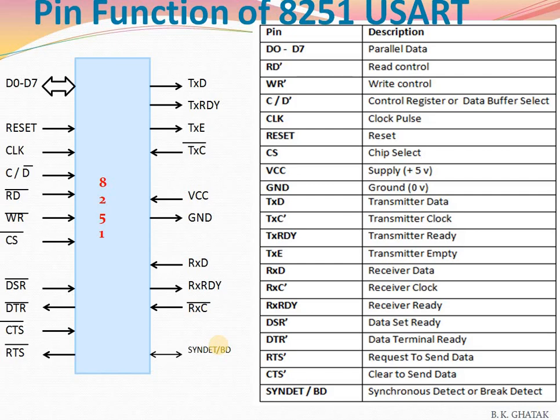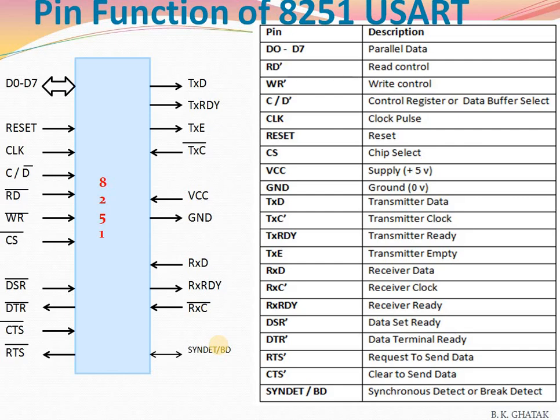When this pin is used as output, the synchronous detect pin will go high to indicate that the 8251 has located the synchronous character. In asynchronous mode, this pin goes high if the receiver line stays low for more than one character time, and then it indicates a break in the data stream. So in asynchronous mode, data should be sent character by character. If the receiver line stays low for more than 2 characters, it then indicates a break in the data stream. So it is used as break detect between 2 characters.